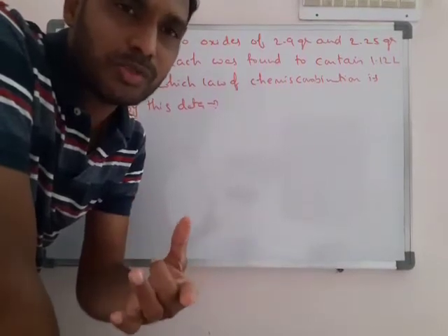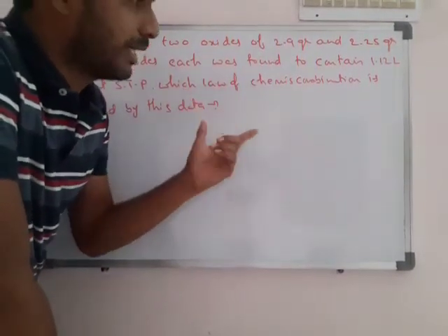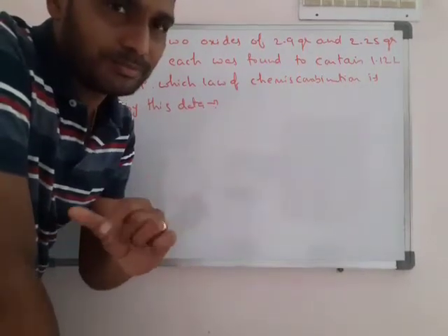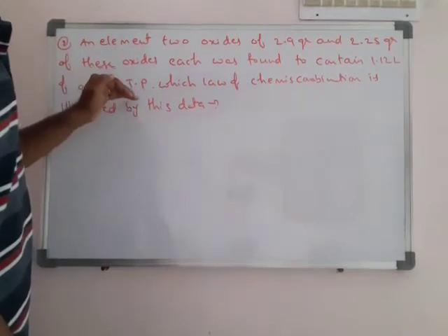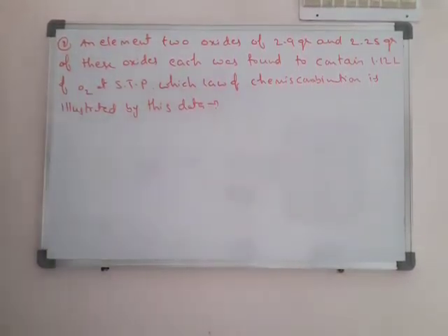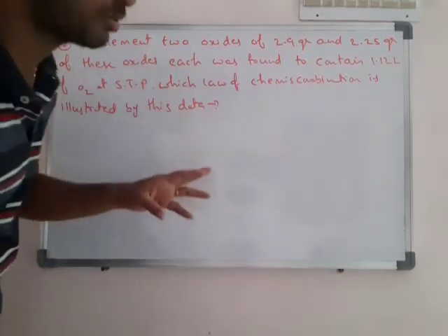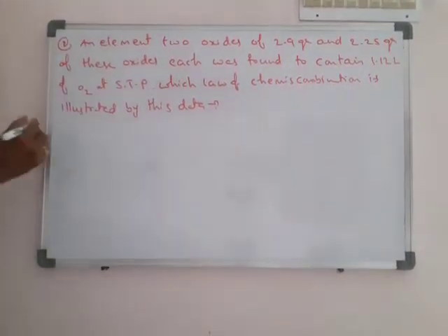So number of molecules equal ఉన్నాయంటే ఆటోమేటిక్గా ఇక్కడ ఆక్సిజన్ మాలిక్యూల్సే కాబట్టి ద వెయిట్ ఈజ్ ఆల్సో ఈక్వల్. కాబట్టి ఇక్కడ బోత్ ఆర్ హ్యావింగ్ 1.12 లీటర్ ఆఫ్ ఆక్సిజన్ at STP. So which law of chemical combination is illustrated by this data? అంటే ఈ వాల్యూస్ బేస్ చేసుకుని మనం ఏ లా ప్రూవ్ చేయొచ్చు. ఓకే,